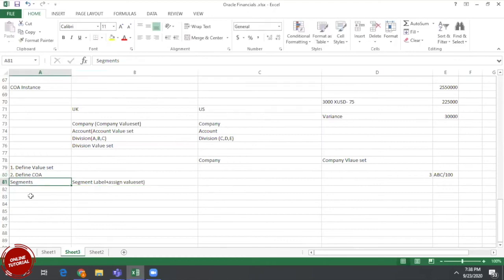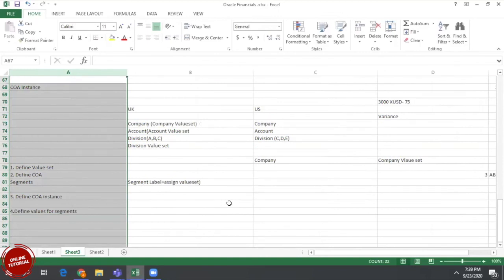Once we define COA, from that COA we need to define a COA instance. Once we define the COA instance, we define the values for segments. For each segment, we need to define values. Here we need to understand a couple of points. Point 1, point 2, point 3, like this we need to understand. Point 1 is,